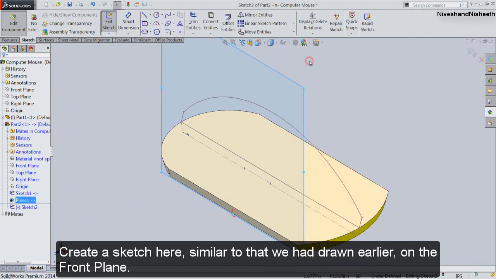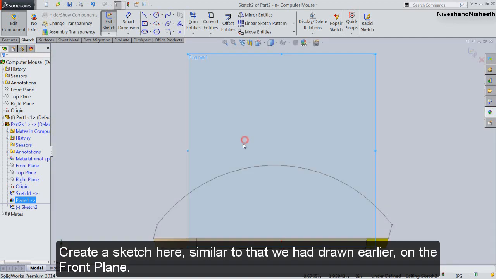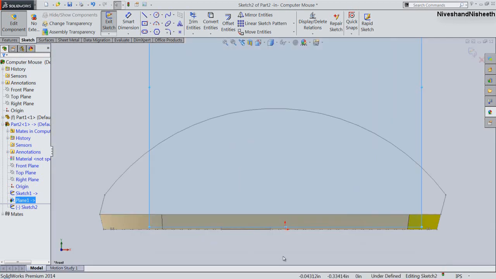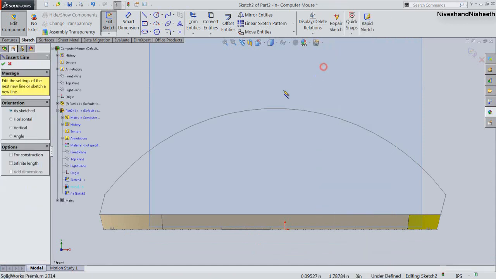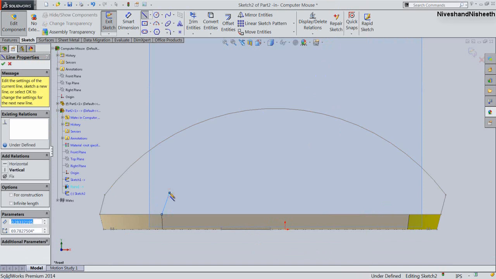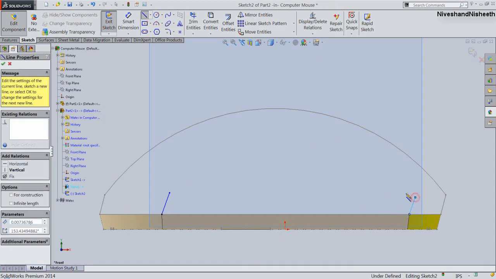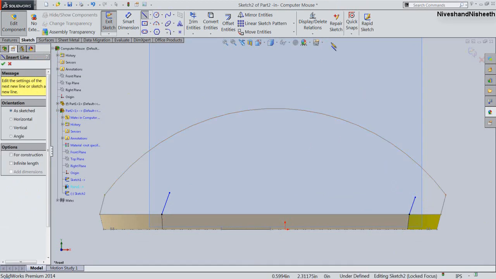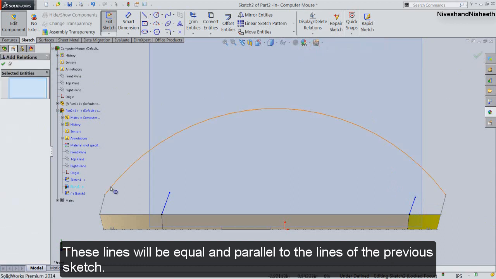Create a sketch here similar to that we had drawn earlier on the front plane. These lines will be equal and parallel to the lines of the previous sketch.